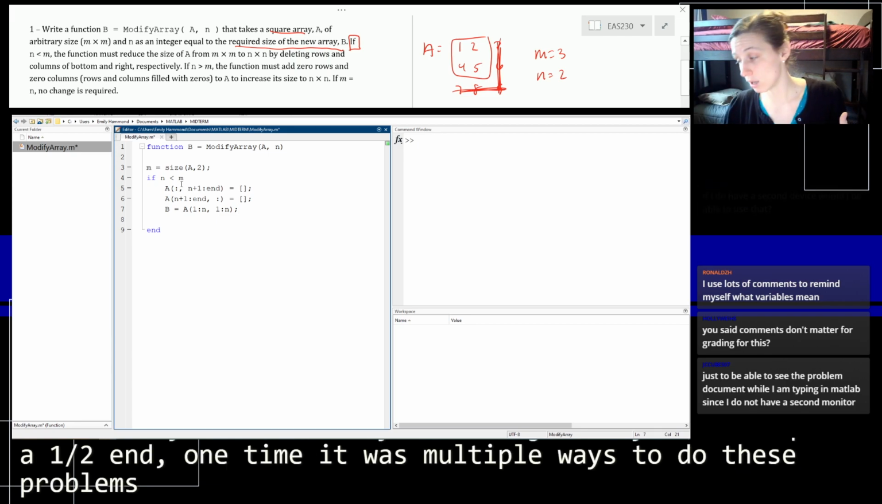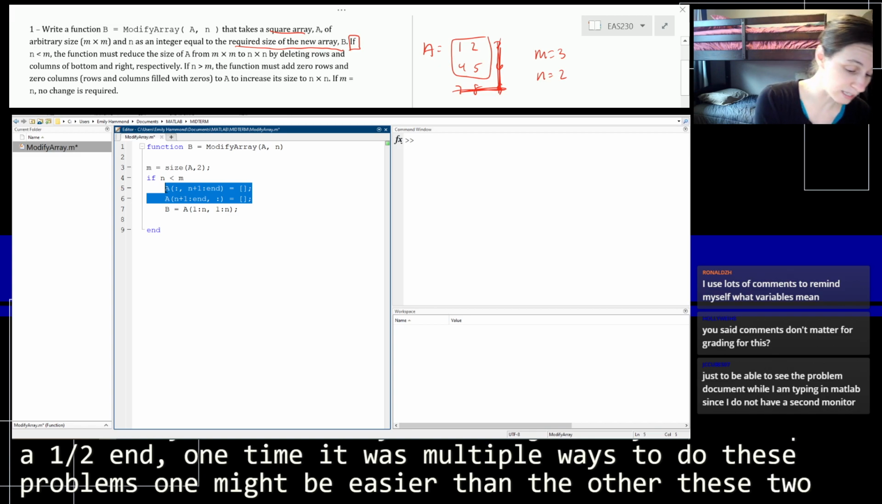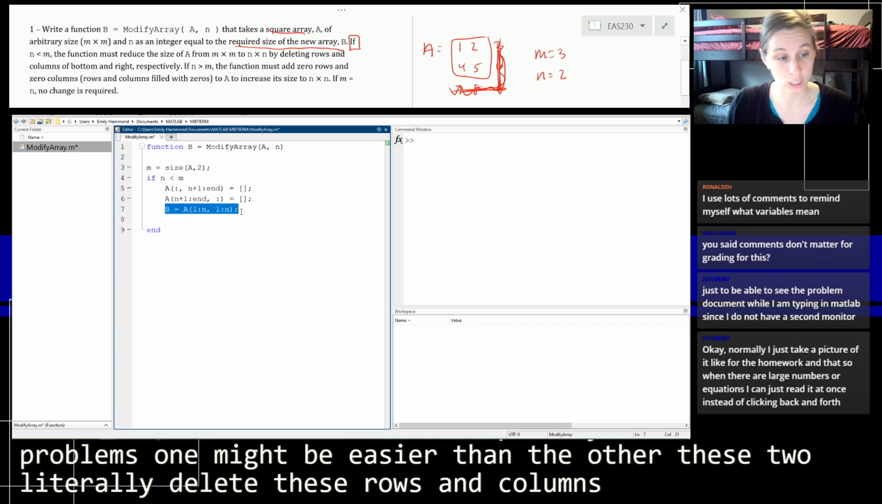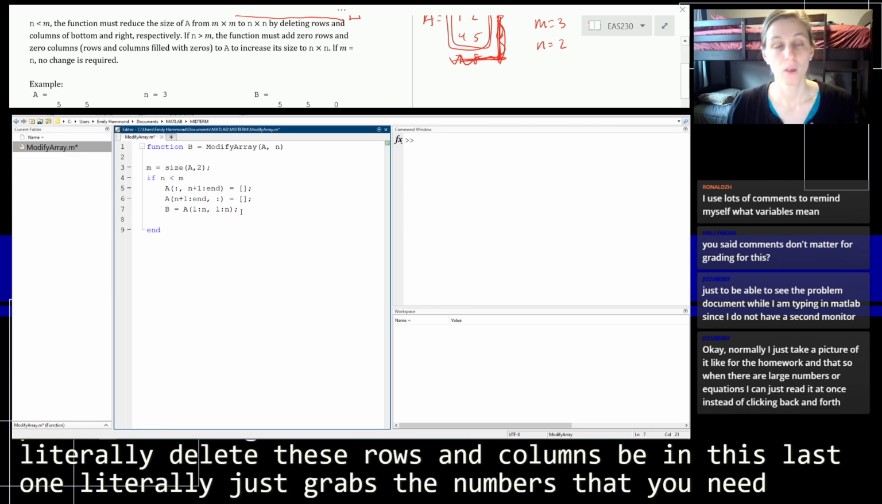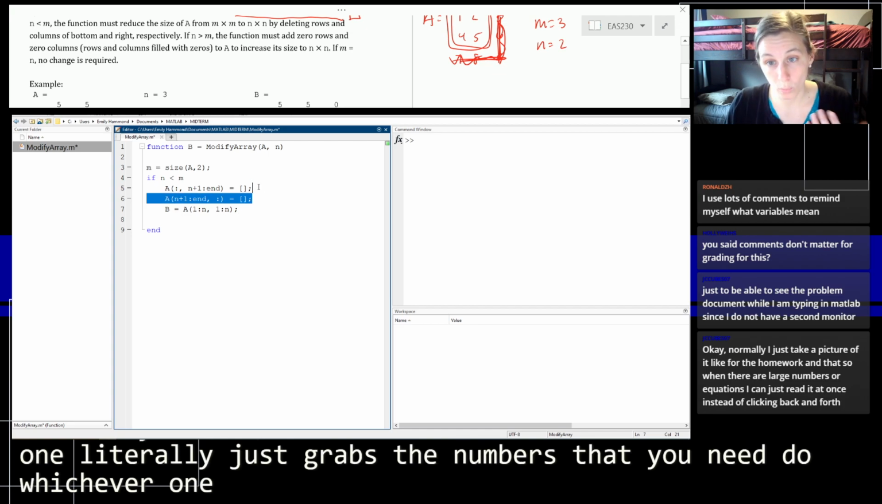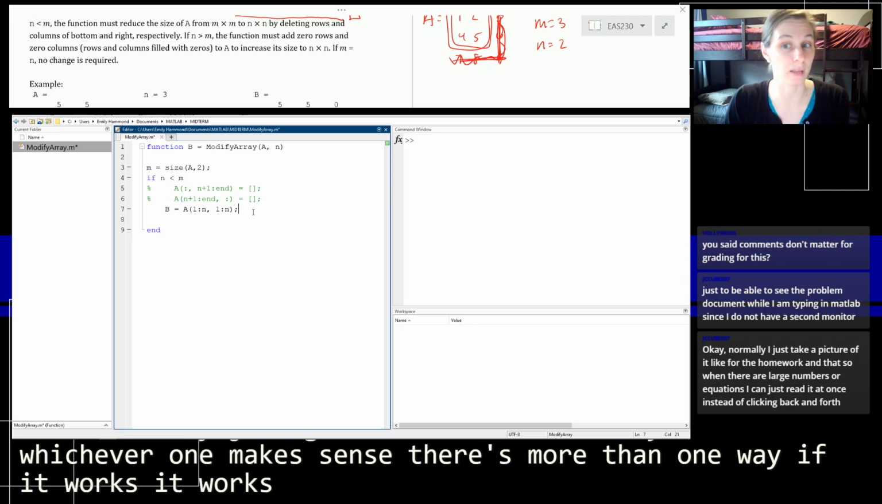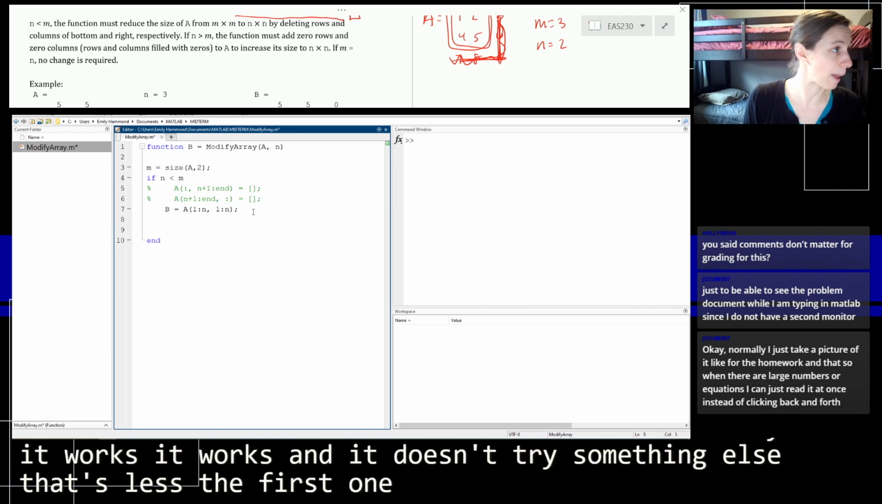One might be easier than the other. These two literally delete these rows and columns. This last one literally just grabs the numbers that you need. Do whichever one makes sense. There's more than one way. If it works, it works. If it doesn't, try something else. Okay, so that's the first one. So if n is less than m,